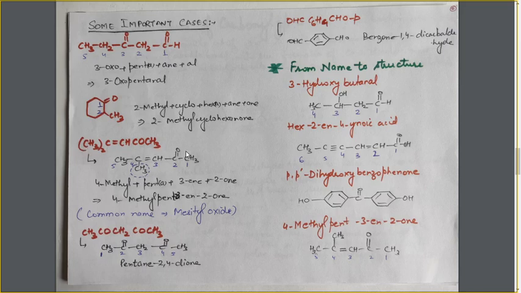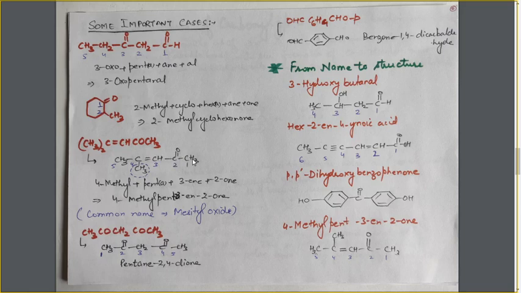Now in such cases where the groups are mentioned in this way, that they are collectively mentioned, the first step will be to write the complete, elaborated structure of the compound. Here this CH3 twice means there are 2 CH3 groups on this carbon atom. So I have shown this structure as this. Now this is C double bond O, and this CO means ketonic group, C double bond O group and CH3.